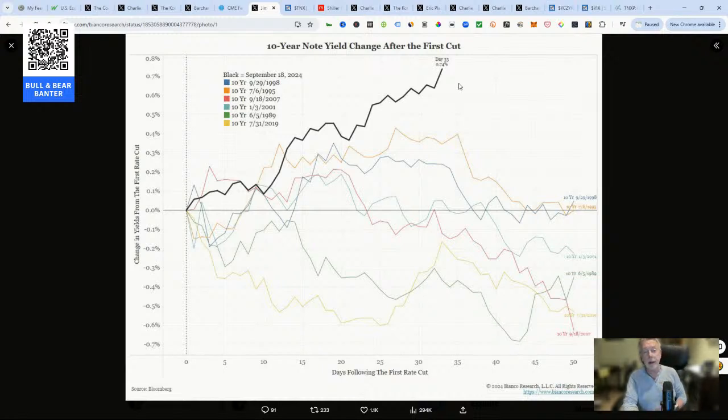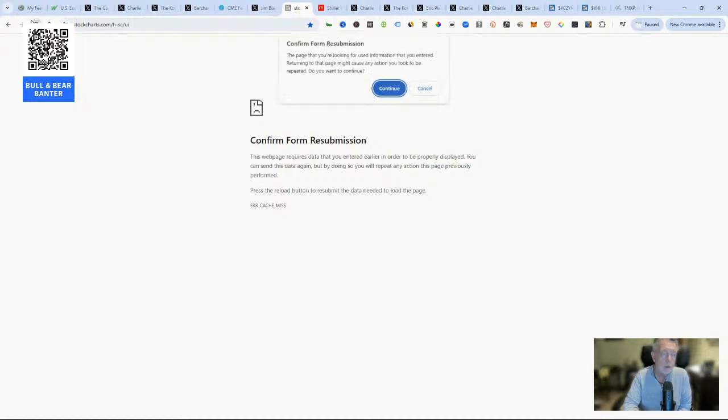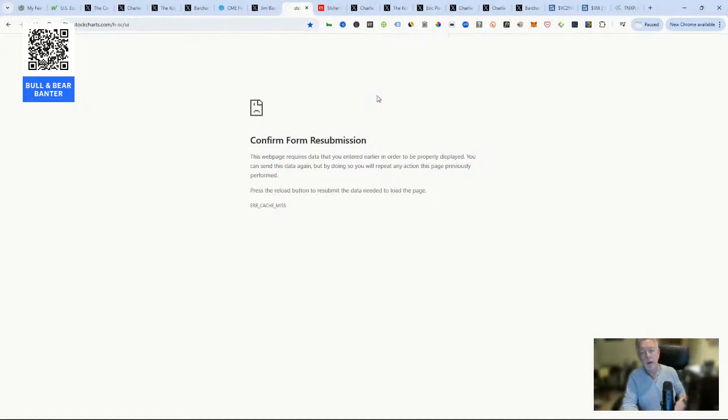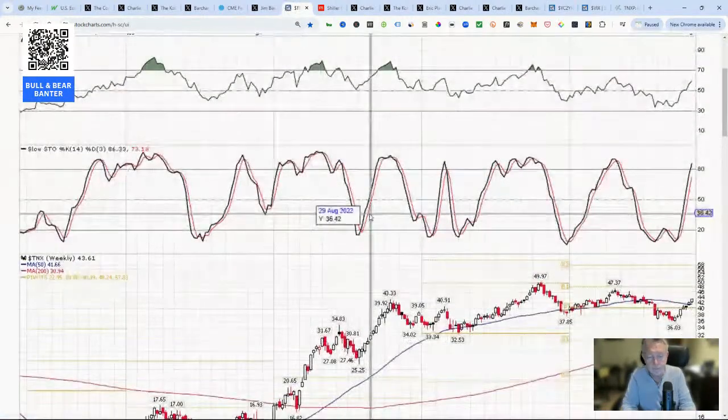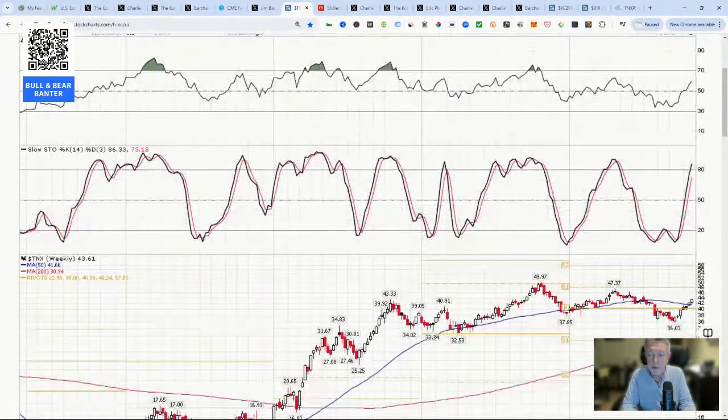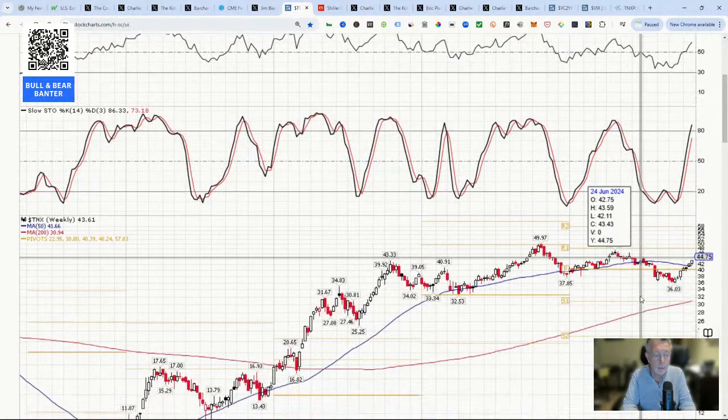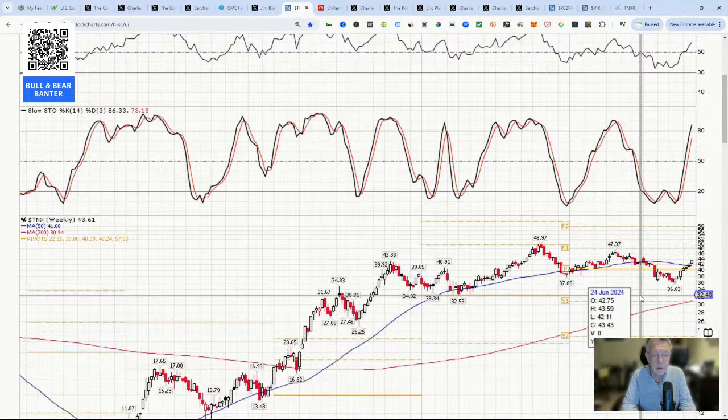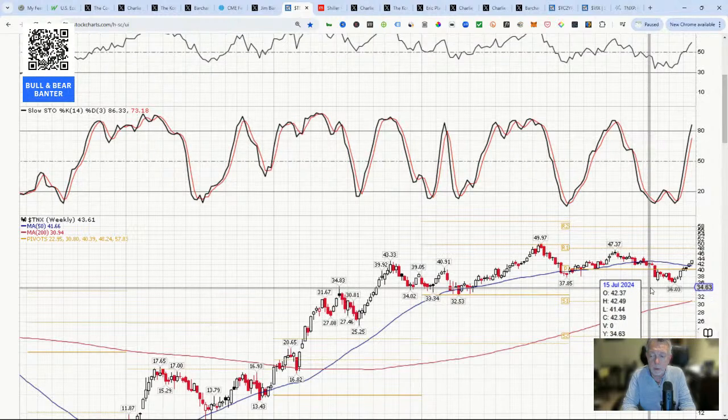And you might be thinking, well, you know what? Maybe the 10 years done going up. Take a look at the chart. Oh. This does not look like it's done going up. This is the 10-year yield weekly view. Folks,